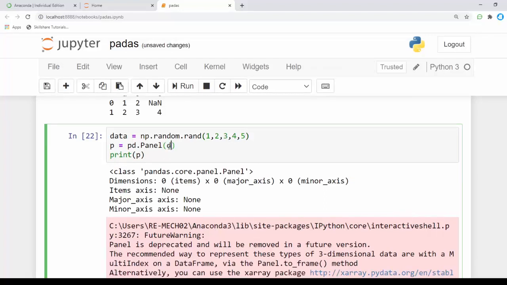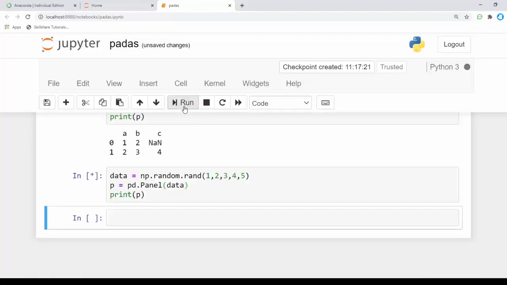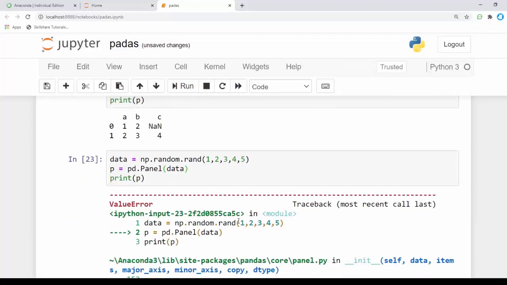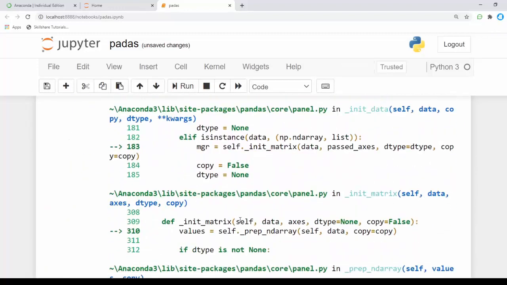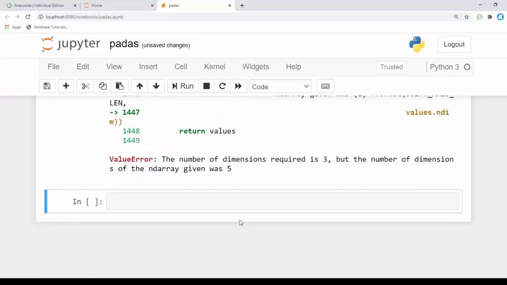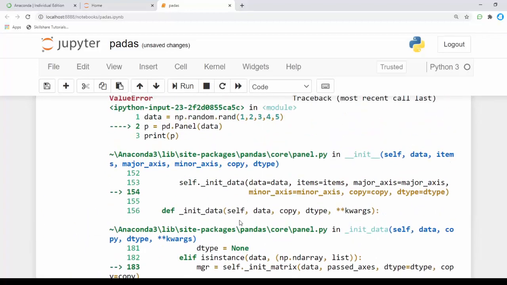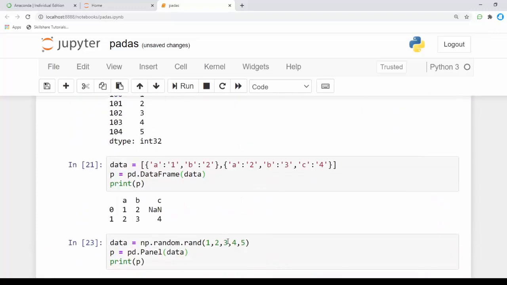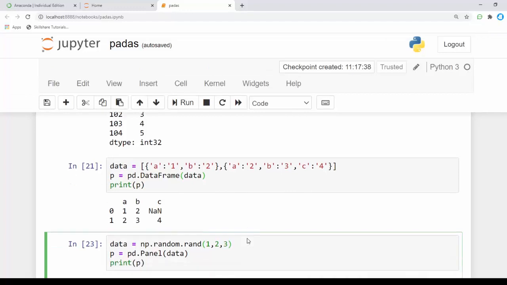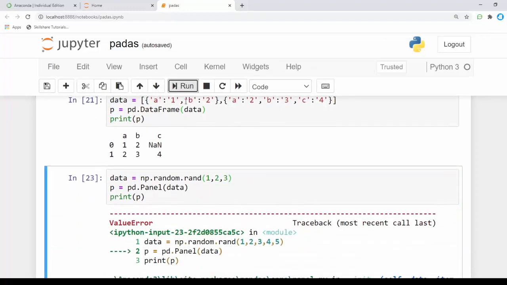I'm going to pass the data here and run this block. We got an error. Sorry, it takes only 3 inputs and I gave 4 and 5 here. I'm going to remove that and run this again.